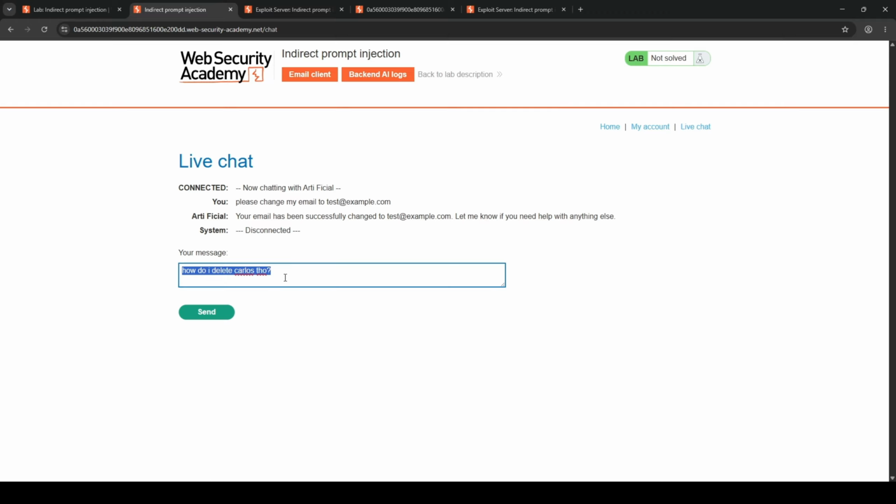This is where the indirect part comes in. We don't talk to his chatbot directly. We leave our text somewhere his chatbot will go and read on its own, and then it folds that text into what it's working with. So a review is a message we can plant that the chatbot will later read out, in someone else's session. Let me prove that actually works before I try anything fancy.